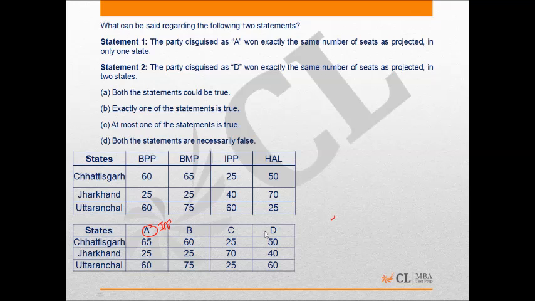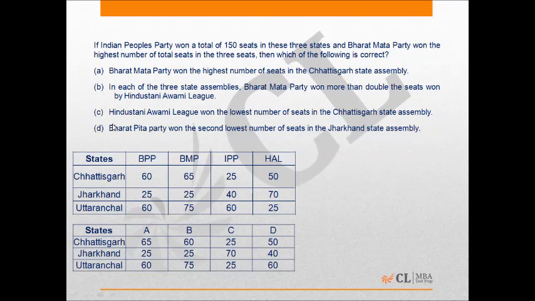Similarly, the statement 2 is the party disguised as D won exactly same number of seats as projected in two states. Now, if D is BPP, commonality only for Uttaranchal. If D is BMP, then commonality is for no state. If D is IPP, commonality is for Jharkhand and Uttaranchal, that's two states. If D is HAL, then commonality is only for one state, Chhattisgarh. So D also can only be IPP. So at most one of these two statements could be correct. Hence the answer to this question is at most one of the statements is true. Option C. The fourth question is, if IPP won a total of 150 seats in these three states and BMP